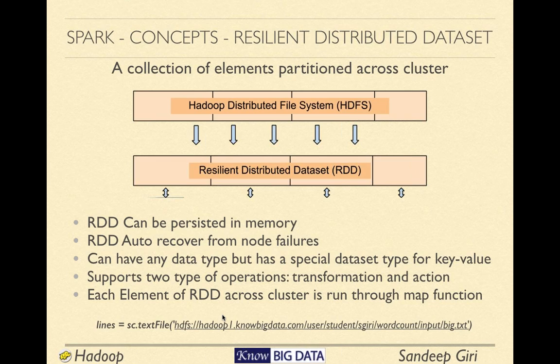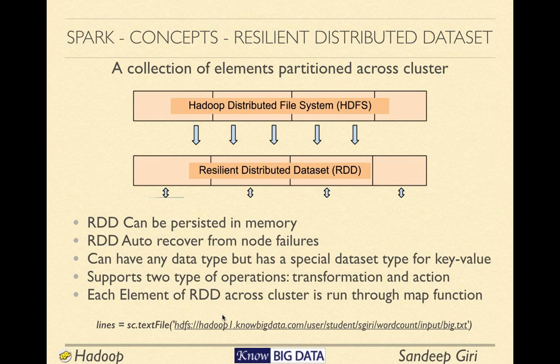Generally, each element can be any object. There are two things: either the object can be just an object, or it can be in the form of a key and a value. So these are the two general types of this array. An RDD, you can visualize like a big array containing either objects or key-value pairs.